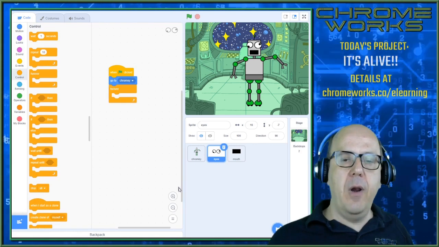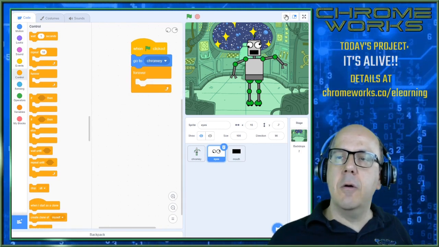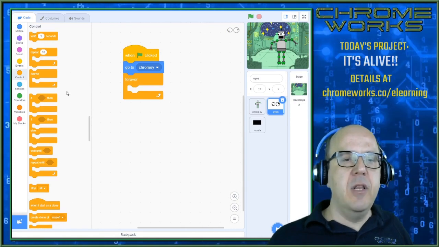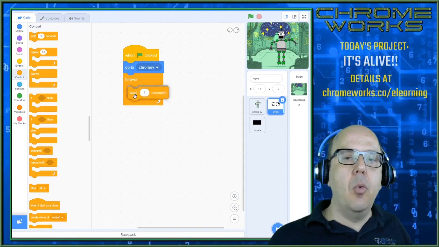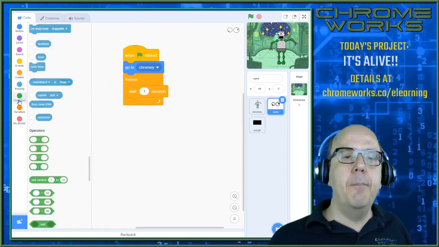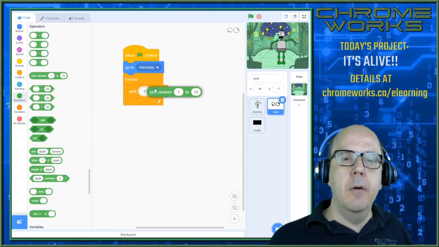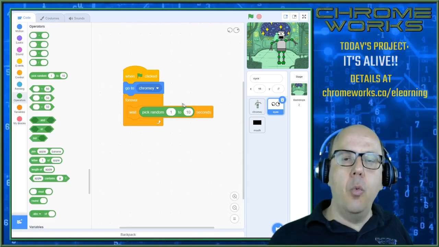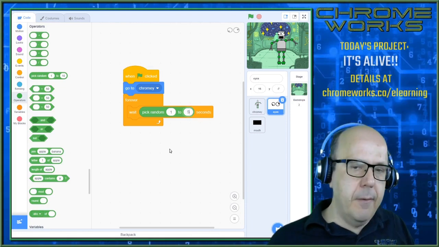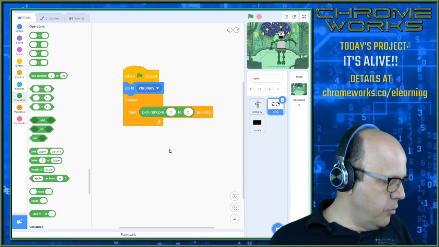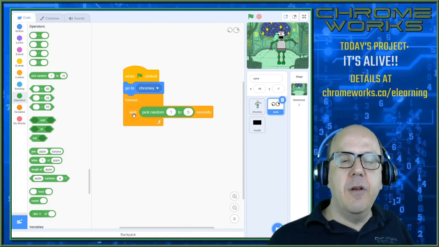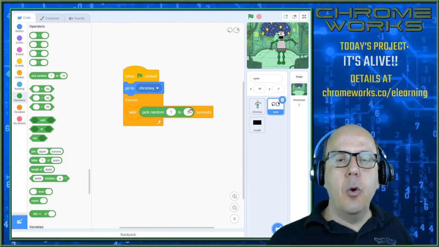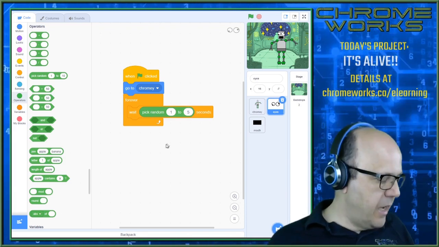So let's go grab a forever. I'll maximize this and change our magnification a little bit. And I'll say, we're going to have it happen just every once in a while, kind of randomly. So I'm going to add a wait 1 second command. And in there, I'm going to put a random number. Pick random from, now I've got 5 different costumes, 1, 2, 3, 4, 5. So I'll go random number from 1 to 5. And then he'll pick a random costume. Actually not picking a random costume, he's just wait. Okay, I think I said this wrong. So we're actually waiting a random number of seconds from 1 to 5 seconds, and then we're just going to